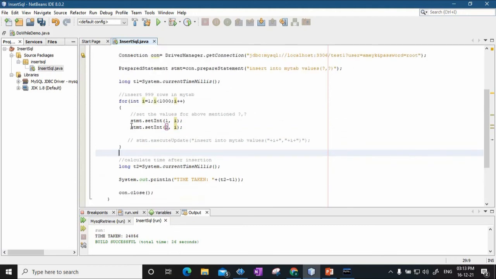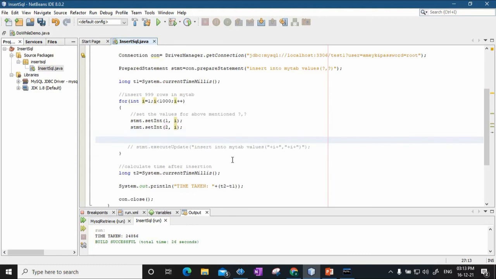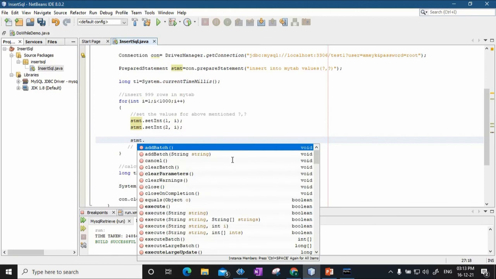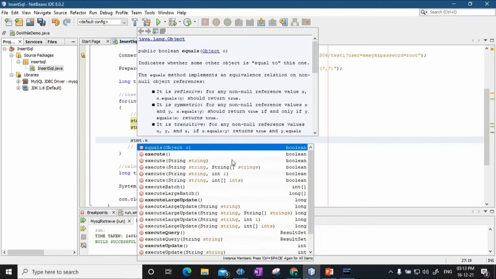And very important, please remember, after using the setXX methods, after setting all the values, we have to execute the statement with execute update. So before this for loop is closed, I'll say stmt dot executeUpdate.